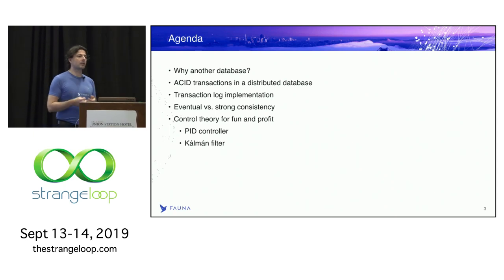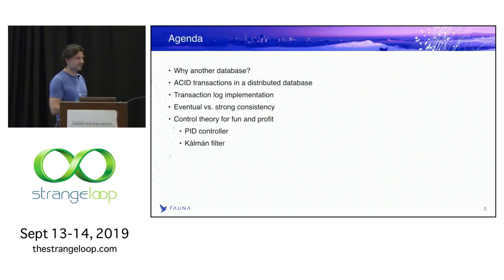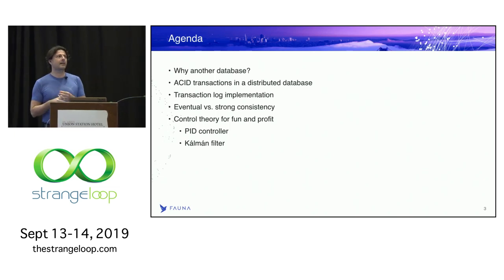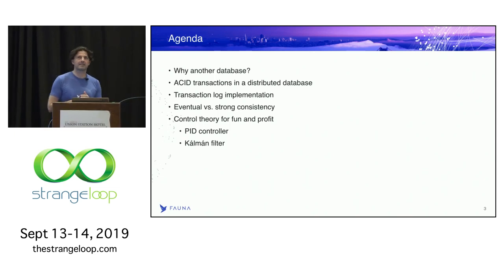It's hard enough to make correct distributed systems, and usually when you make them correct, sometimes they might have some unwanted latencies. Fortunately, there is a bunch of control theory concepts that you can rediscover, because nothing is ever new, right? These are things that were known in the 60s. And if you apply them to a software system, you can actually achieve some fun results.